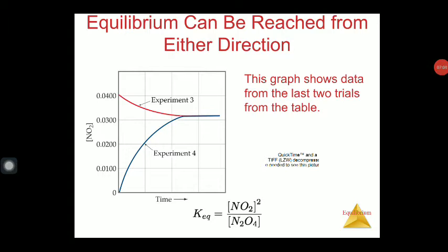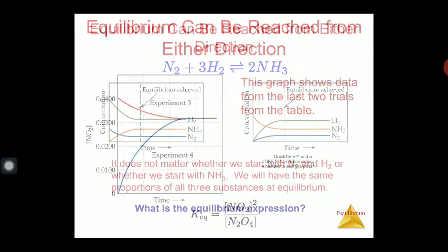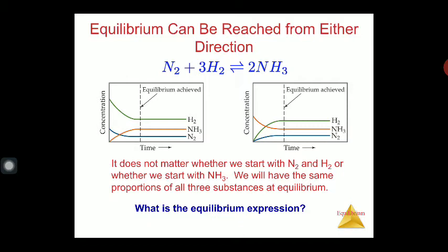The process of equilibrium is quite dynamic in nature, and this equilibrium can be moved in the forward as well as in backward direction. And how you can predict the equilibrium is moving in which direction, this thing cannot be found out on the basis of this expression. So basically for this one we have to consider the Haber process. In this Haber process, N2 plus H2 gas, these two gases combine to form 2 moles of NH3. It does not matter whether we start with the N2 or H2 or whether we start from the NH3. We will have the same proportion of all these three constants in a chemical reaction.